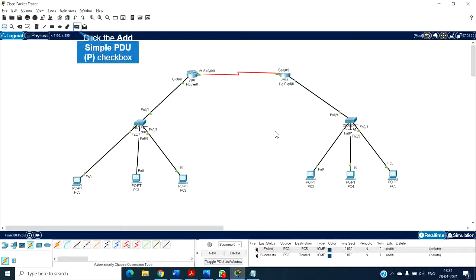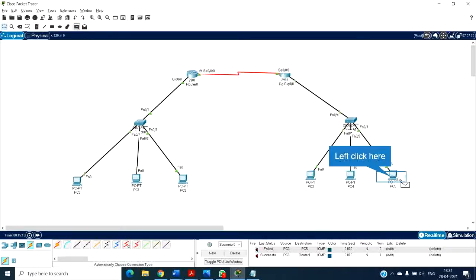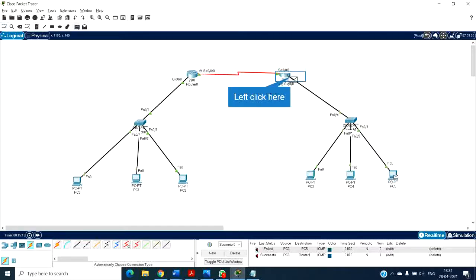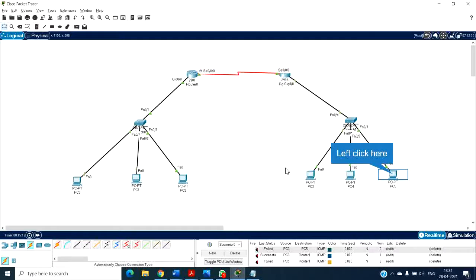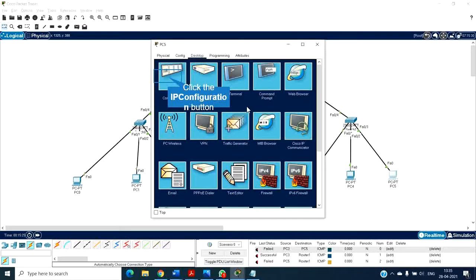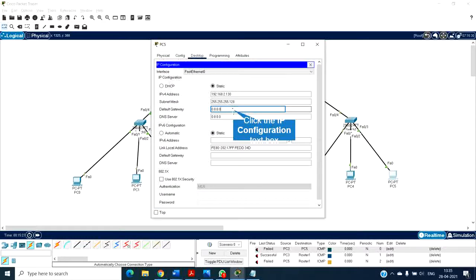This is scenario 2. So I'm checking the router configuration first. From PC5 I'm sending a packet to the router. Okay, now this failed because I have not defined the default gateway yet. Previously, without even defining a default gateway, it went through because it need not go to a router at all.